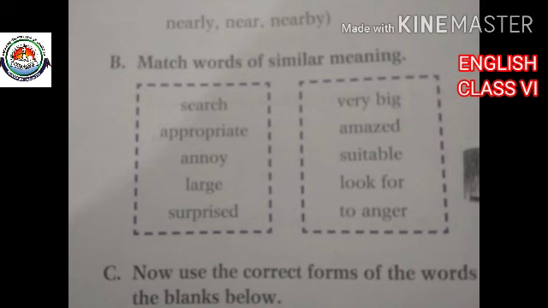And the next one is a very easy work for you. I am very sure. Here you have to match the words in both the columns. One column is having the words and the next column is having the meanings. Hope you will be able to do that very well. I am not going to say the answer as it is a very simple work. Now matching the words and their meanings was exercise number B.